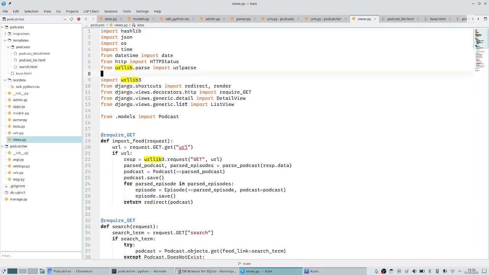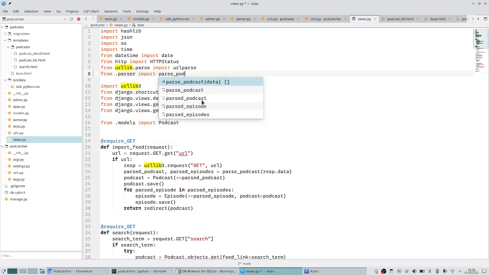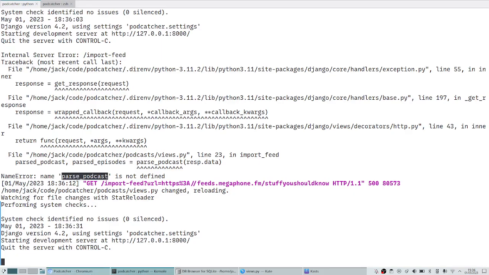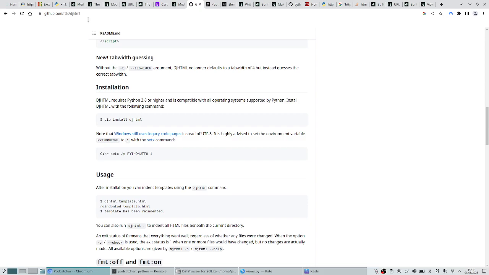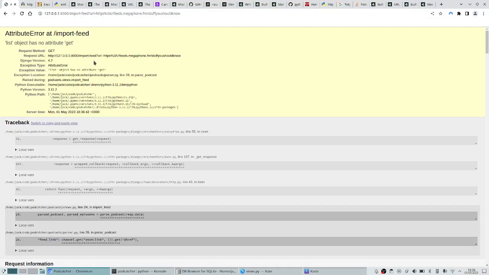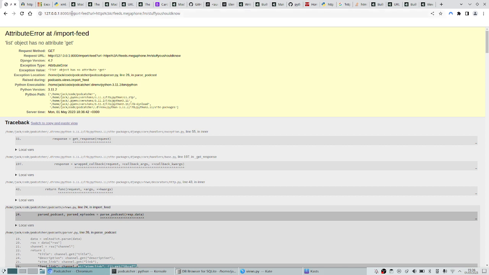we might run into issues with the parser, which we can fix in a future episode. So from parser import parse_podcast. Has this appeased the Django gods? Seems to have been. I feel like it is importing this podcast. List object has no attribute get. Where are we at? Okay, yeah, so it's failing inside the parser,